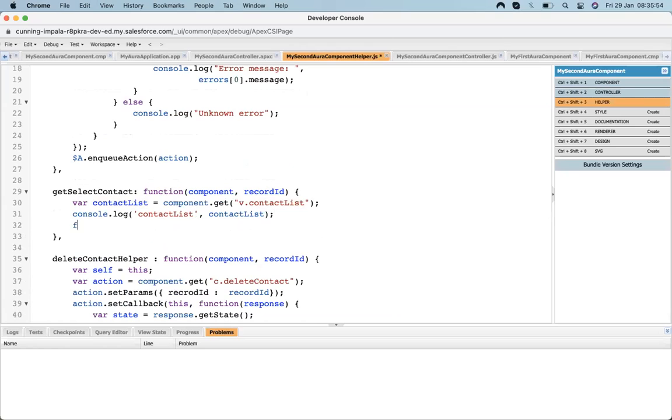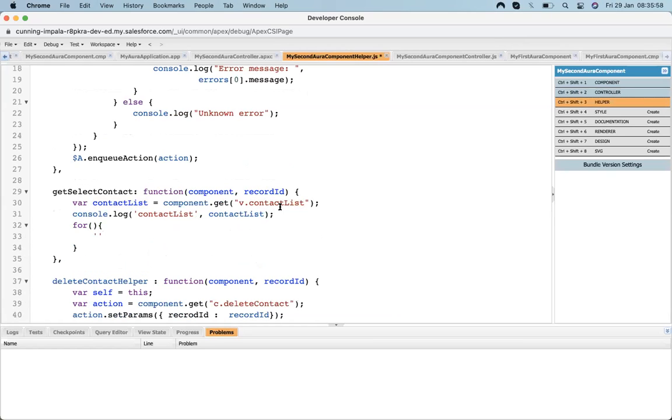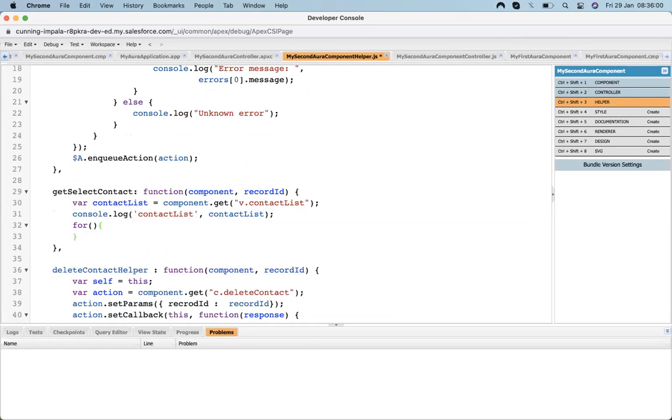Now let's do a loop over up here. Since it is JavaScript, it will not follow the loop that we have learned inside Apex. It follows our basic loop concept, which is: i equal to 0, i is less than the size of that contact list length, and then i plus plus.